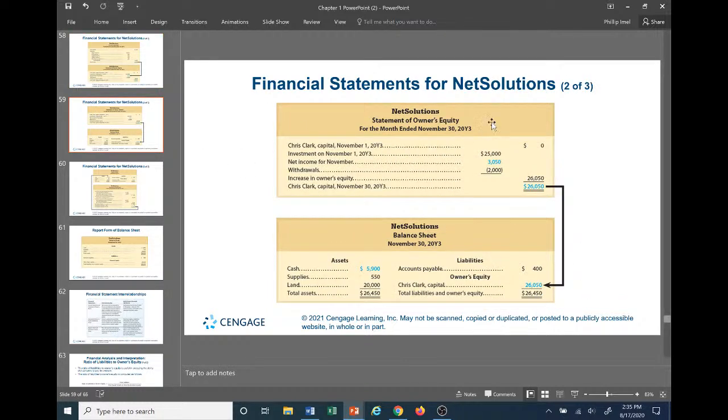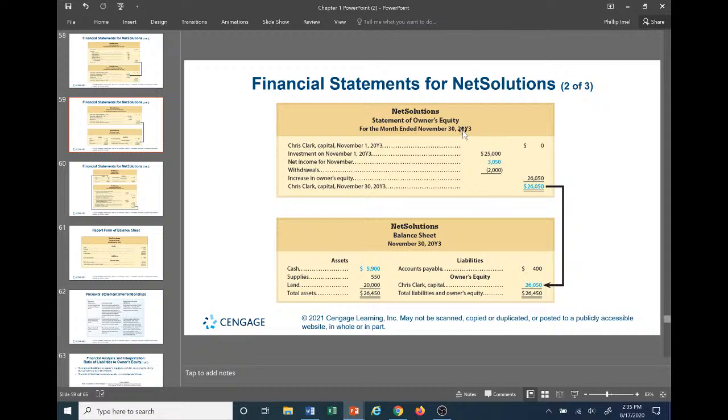Okay, now let's see here. We've carried the statement of owner's equity down just so we can see how they continue to carry on and how the statements interact with one another or communicate with one another, whatever verbiage you want to use here. Okay, so once again, we're looking at the statement of owner's equity. Recall that net income for the income statement closed or was carried over into the statement of owner's equity. We worked through to get the net result of the end of the owner's equity of $26,050.